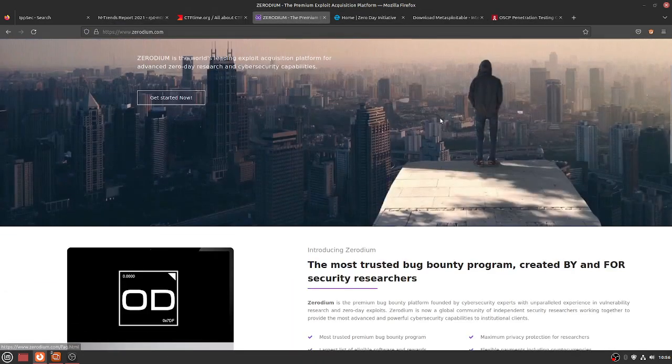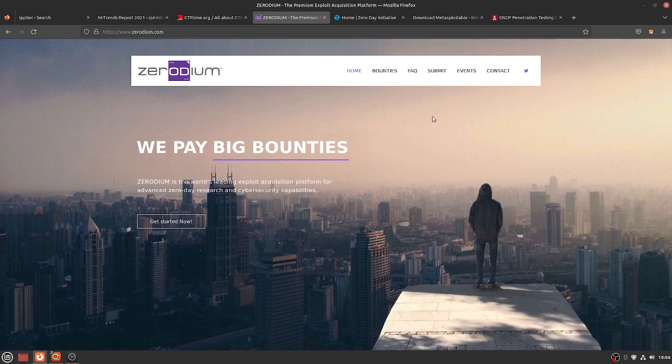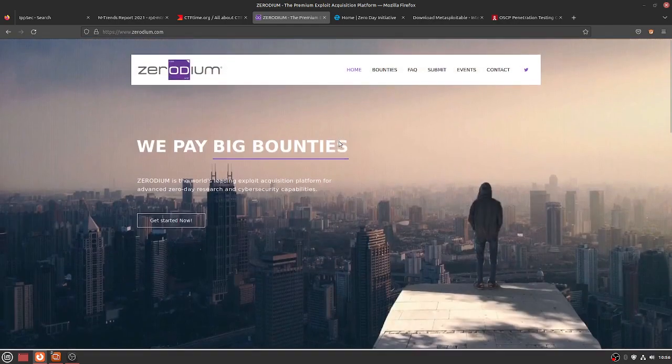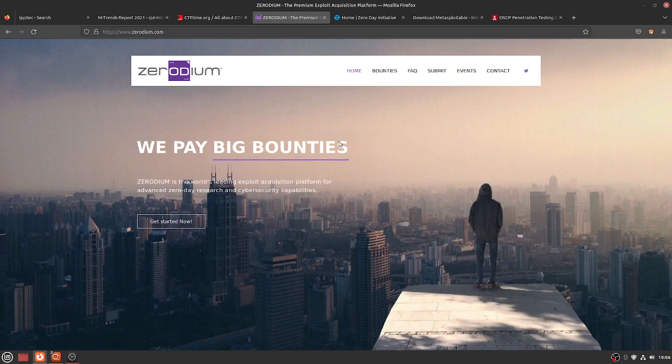So this is a website called Zerodium. If we look at the Snowden leaks, a lot of them showed us that governments are paying big money for exploits. A great example was a while ago. There was this